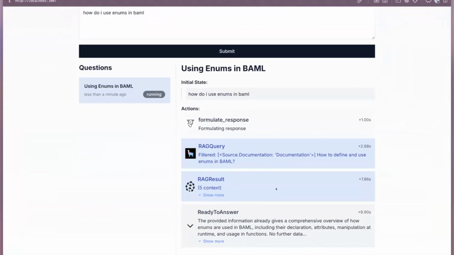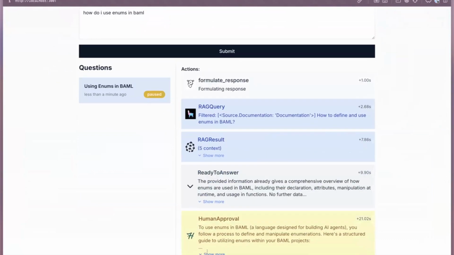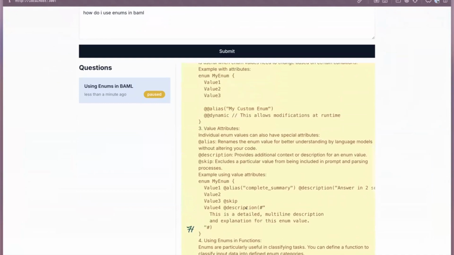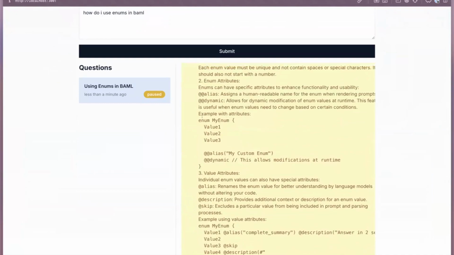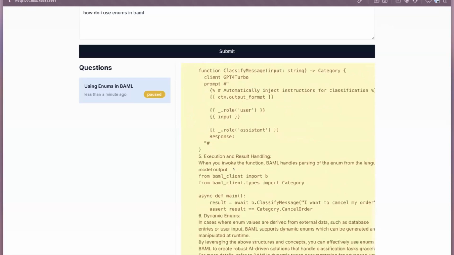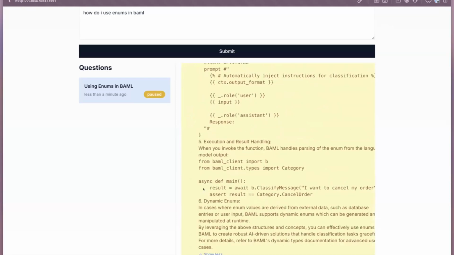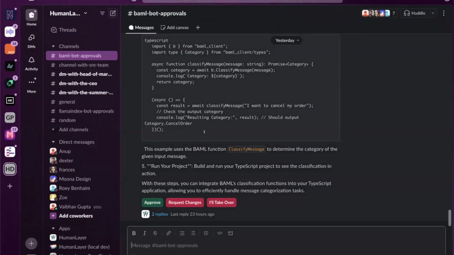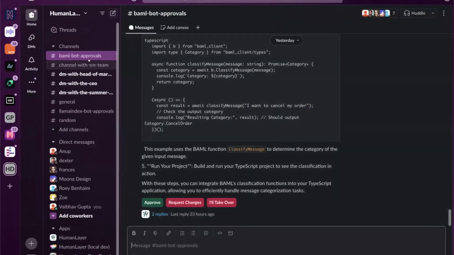But we're really anal about our quality on our Discord. We don't actually want it to mess up. And most LLM pipelines won't. So once it comes up with exactly what an enum is, and this is actually pretty good. It described the code. It showed you exactly how to do attributes. It defined a function using enum and even gave a snippet. But maybe the person asking was looking for a TypeScript snippet. So what's actually going on here is it's actually going to ping me in Slack in a second.